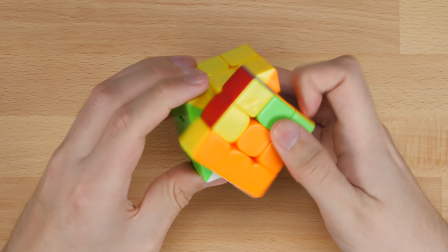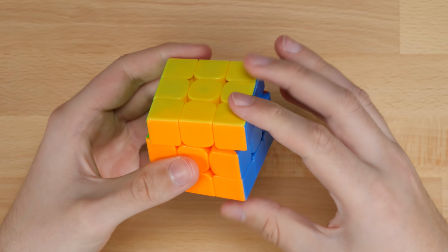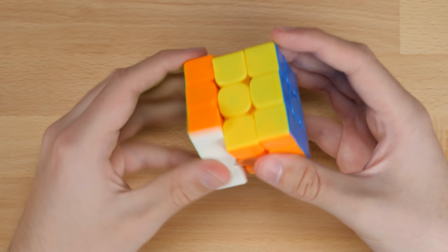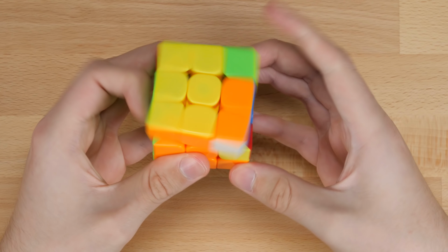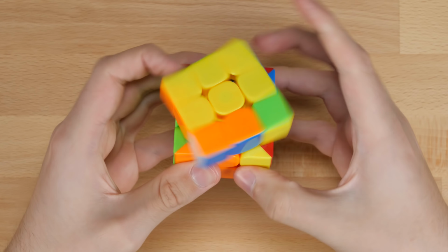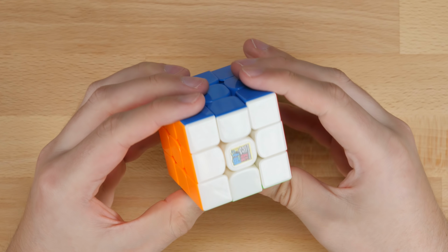But right out of the box, the performance is adequate. It's just decent. It's not anything spectacular. It's not blowing me out of the water. The feeling feels pretty basic. The plastic doesn't feel too high end, which definitely makes sense. But the turning is really smooth. It's still pretty snappy when you're turning fast. And overall, more of a rigid type feeling to me. Definitely not terrible. So that's about it for the